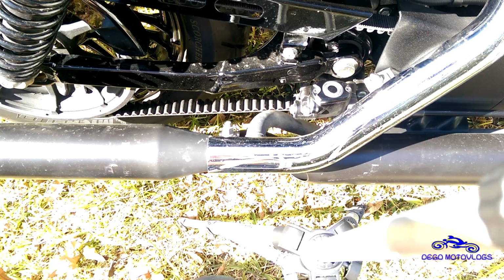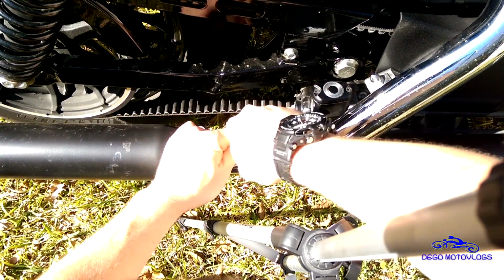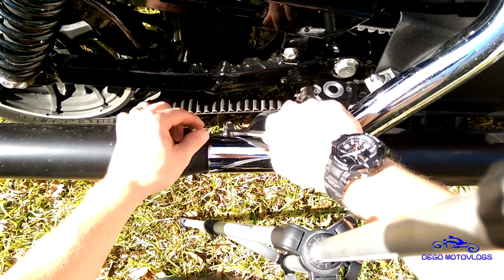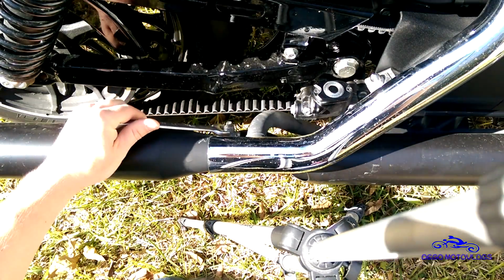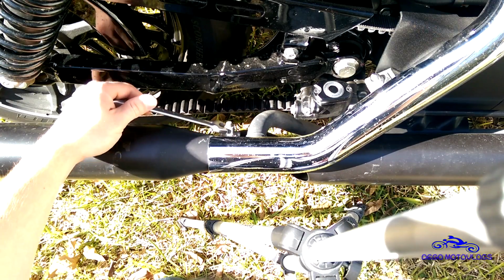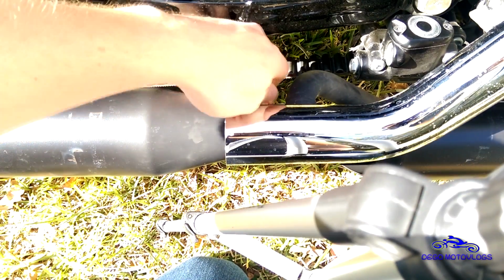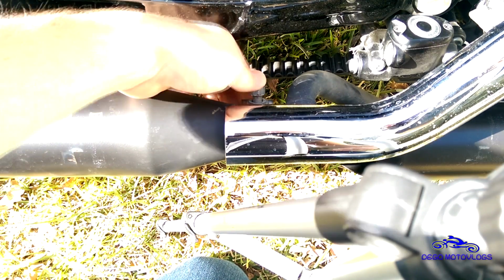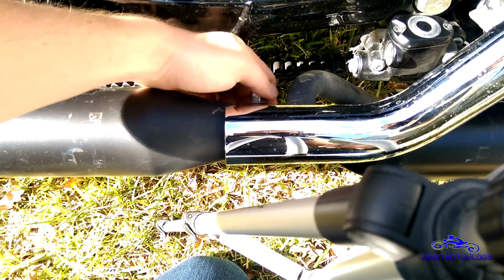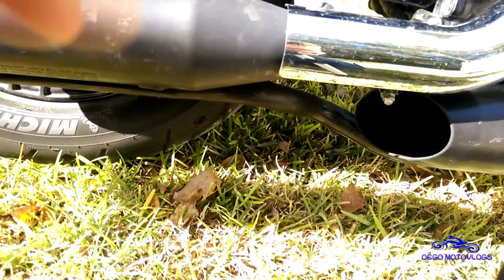9/16. It'll probably be easier with a wrench, so I'm gonna go ahead and get that. So 9/16 wrench, no big deal. Pretty tight. Anyway, this one too, you're gonna loosen it a good bit. If you don't loosen it a lot, it'll make it kind of difficult to get these things off. You can see the bolt that I'm working on. It's gotten to where I can just kind of loosen it by hand. I'm going to loosen it as far as it can go without actually coming off. Then you can kind of spread the clamp a little bit with your hand, and you should be able to wiggle this clamp around. So the next thing you're going to need to do is actually underneath